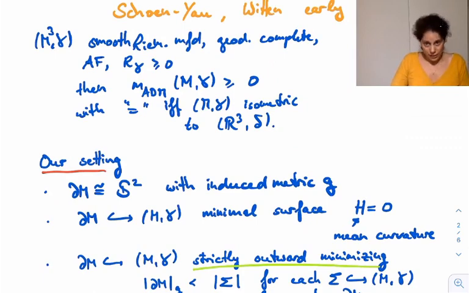And it states the following: if we have a smooth Riemannian manifold which is geodesically complete, now without boundary, asymptotically flat, and has non-negative scalar curvature, then its ADM mass is non-negative, and equality holds in this inequality if and only if the manifold is globally isometric to completely flat Euclidean space. This is a very deep result which has stimulated many generalizations, refinements, and applications, both in geometric analysis and mathematical relativity.